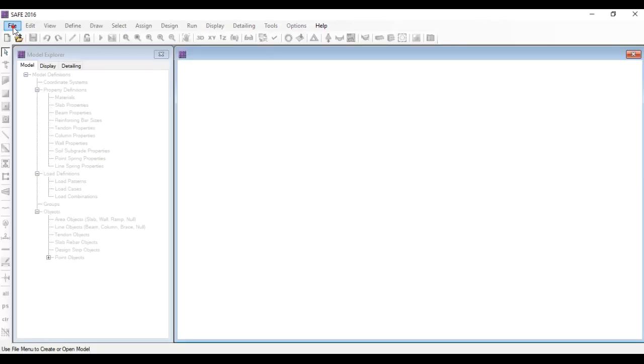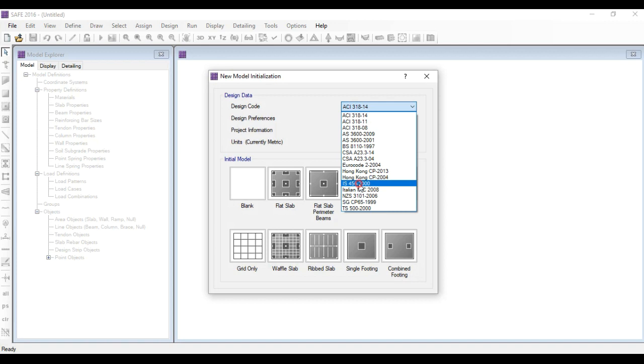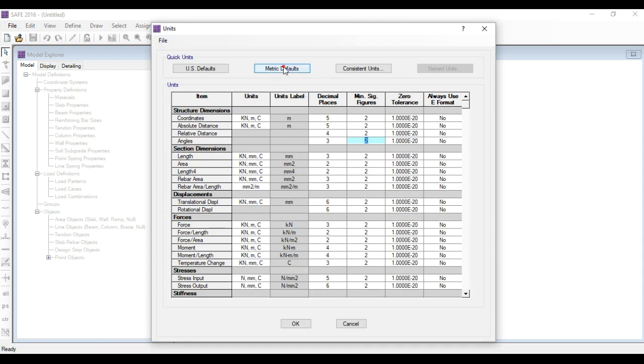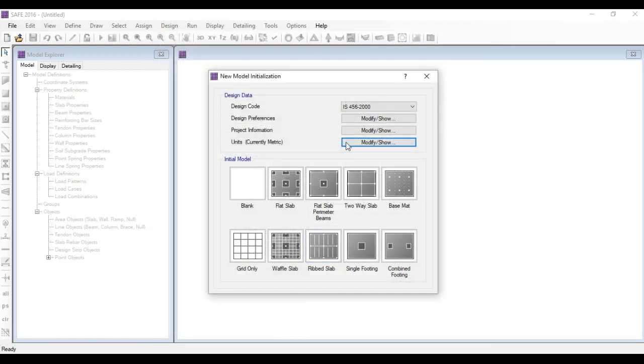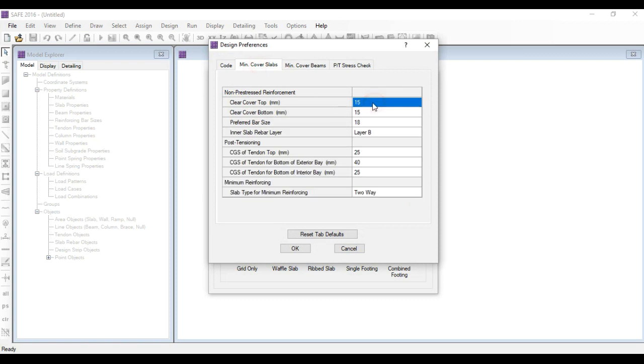We'll go to file, create a new model, then change the IS code, then go to the metric system for the input. Then we'll change the design preferences: we'll change the minimum cover for slab to 50 mm, and the preferred bar size to 25 millimeter.